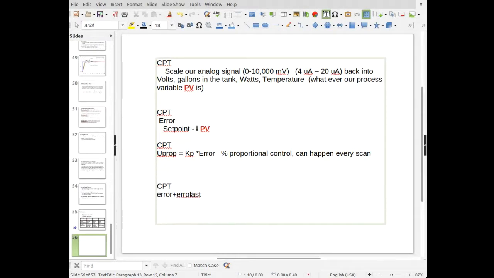I'm going to run out of room on this slide, but you're going to have to do a move to move error to error last, because you need to remember that. Okay, so your error last is equal to your error, and then your